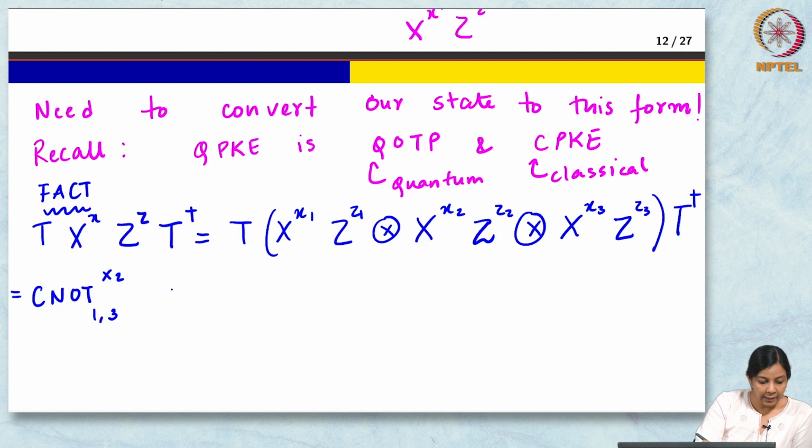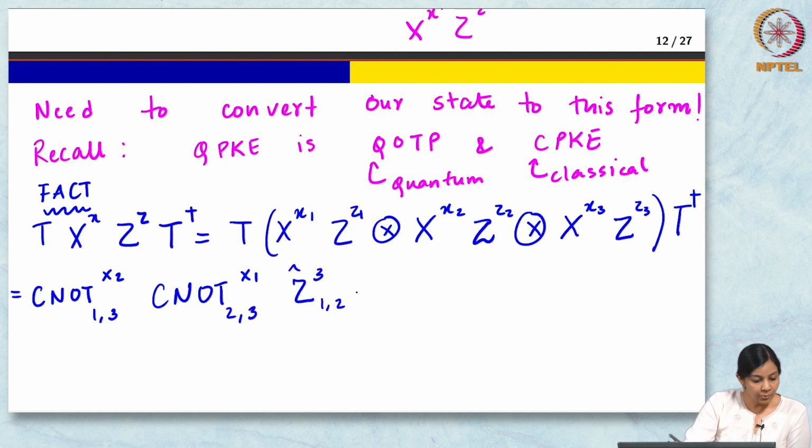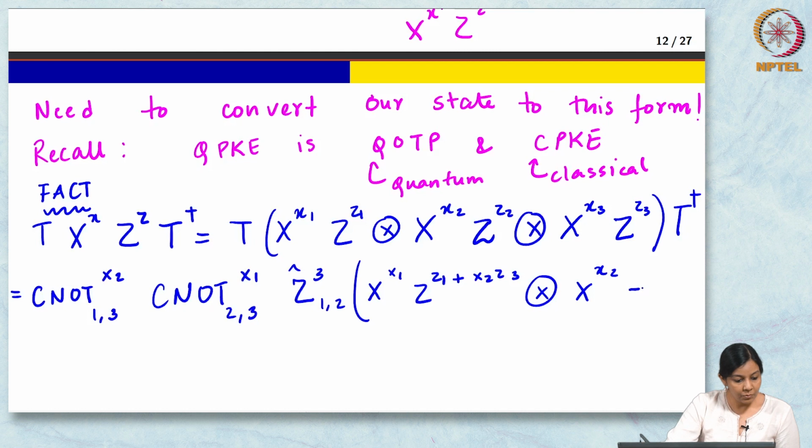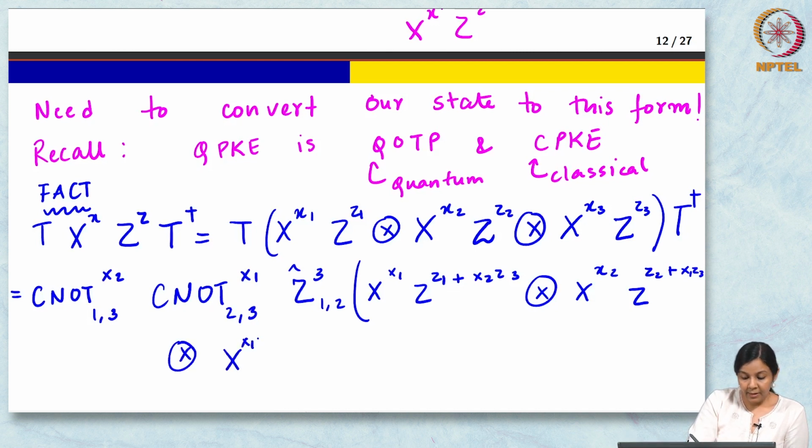So, C naught x 2 1 3, okay, then C naught x 1 2 3, then z hat 3 1 2, okay, then X to the x 1, Z to the z 1 plus x 2 z 3, tensor X to the x 2, Z to the z 2 x 1 z 3, okay, tensor X to the x 1 x 2 plus x 3, Z to the z 3,